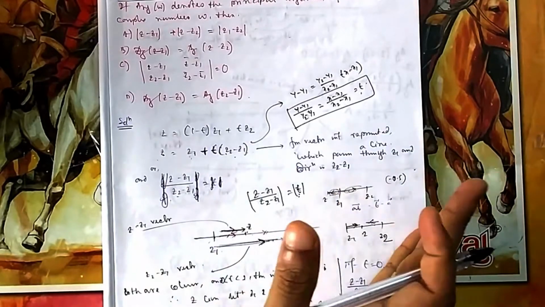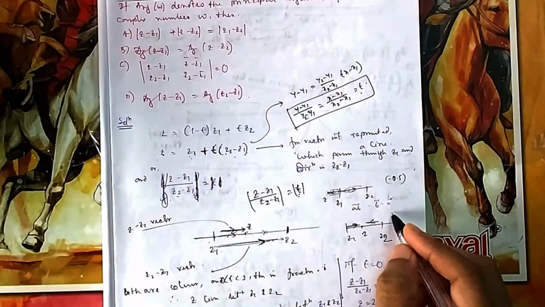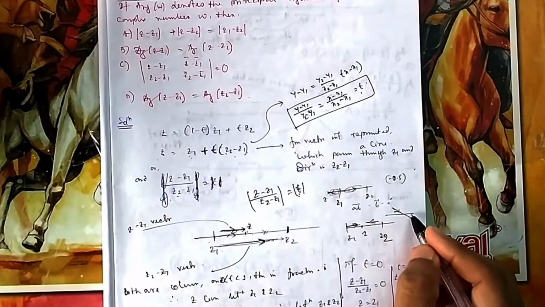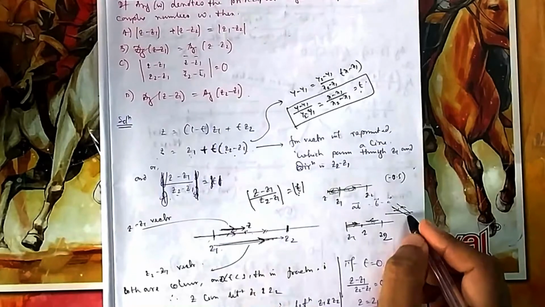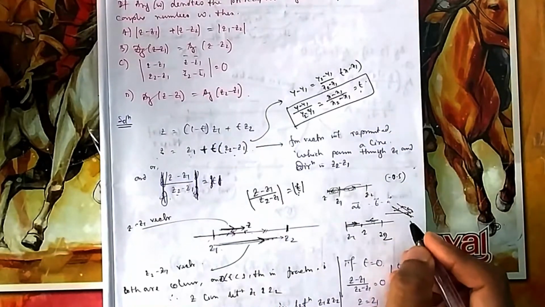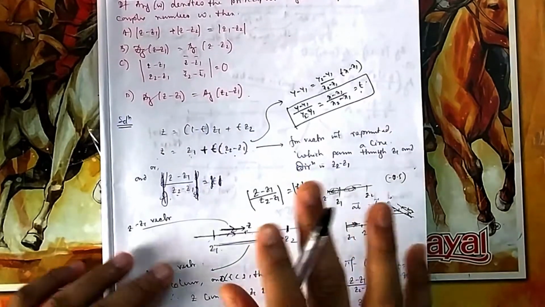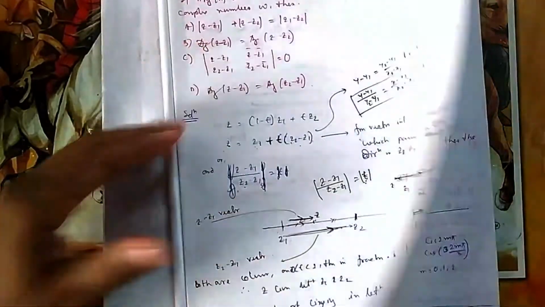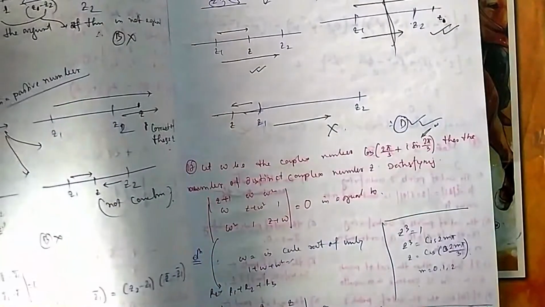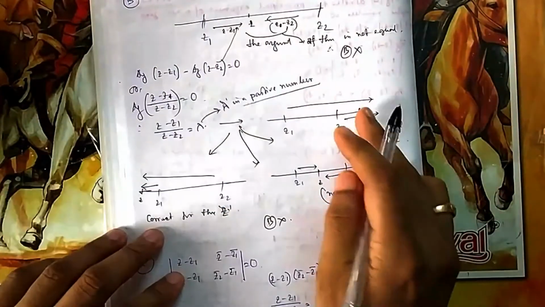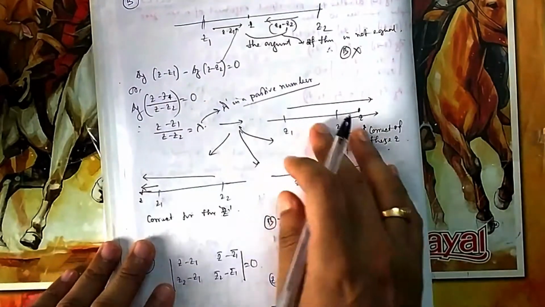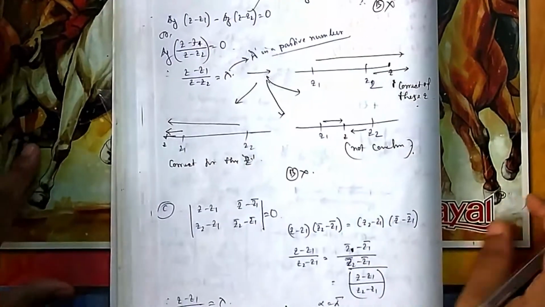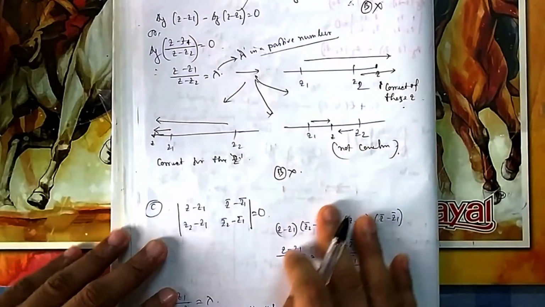If both were in the same direction, then your argument with the x-axis would be the same. Suppose one line is in this direction and another line is in this direction, so there will be a 180 degree shift. Here the angle will be this one, here the angle will be this one, so their arguments will not be the same. They are in opposite directions, so obviously B will not be correct. Now if you apply C, the same thing I have explained. In other cases I have also considered, if z is on that side, then what will happen? We can already check now. It is this option, that's why it is not satisfied.